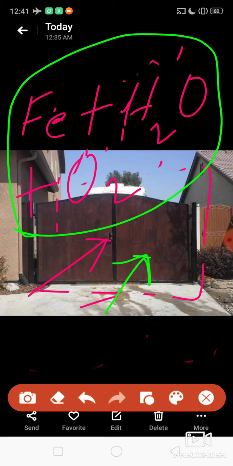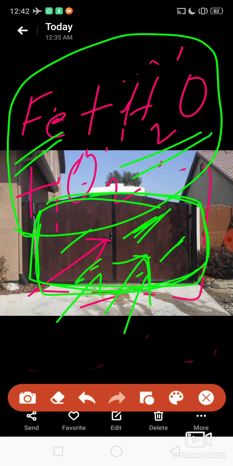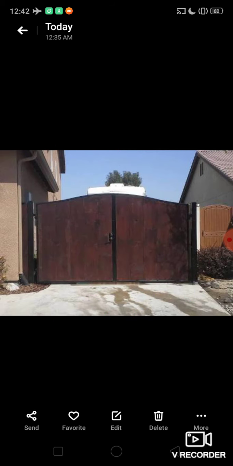Iron from shiny is becoming dull in color. Can you see the rusting part? It is becoming brownish in color. How is it happening? Because this iron is a metal, and it is coming in contact with the air. In air water vapor is also there, and oxygen is also there. So the reaction is taking place between iron, water vapor and oxygen, and due to that rusting is taking place.